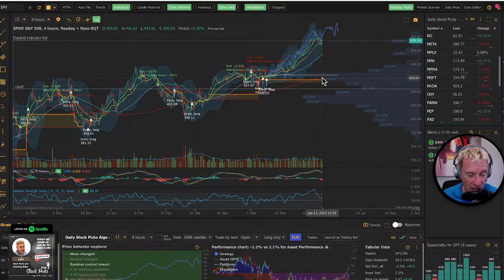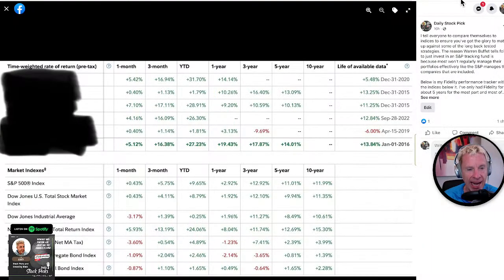So for instance, Costco trading at 520 is significantly a bigger weight in that than Apple, which is selling at about 180. Because 100 shares of Costco costs you $52,000. 100 shares of Apple costs you $18,000. So equal weight versus a market weight actually makes a difference. But the goal of this podcast is to teach you to think for yourself, understand what you're putting your money into, and taking charge and ownership of your own portfolio. Part of that is understanding where you are compared to the indices.